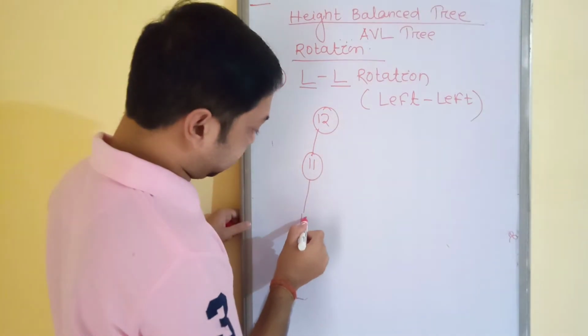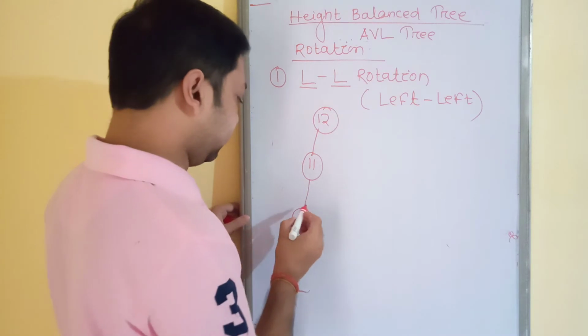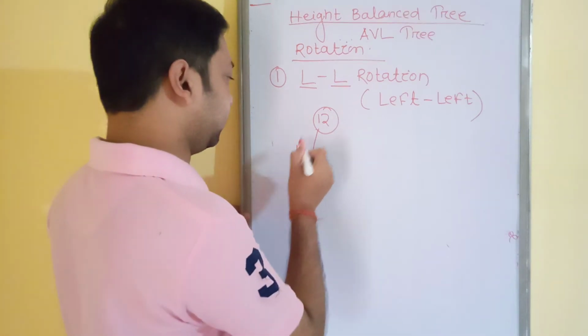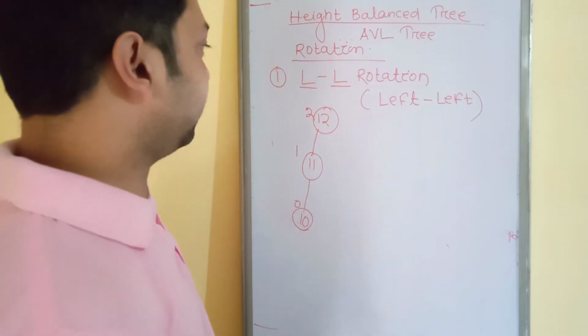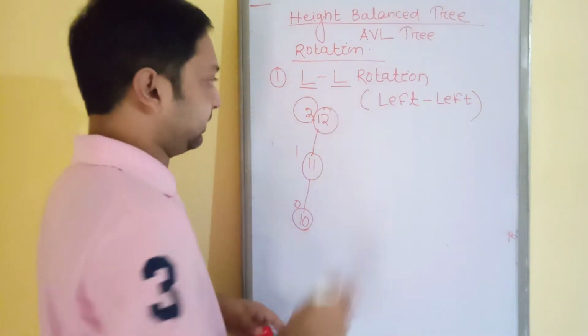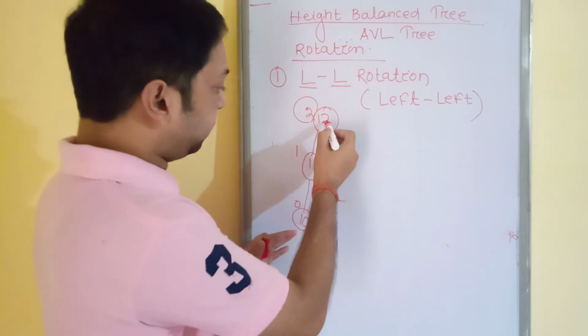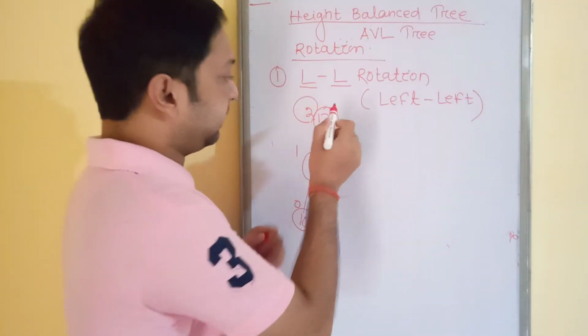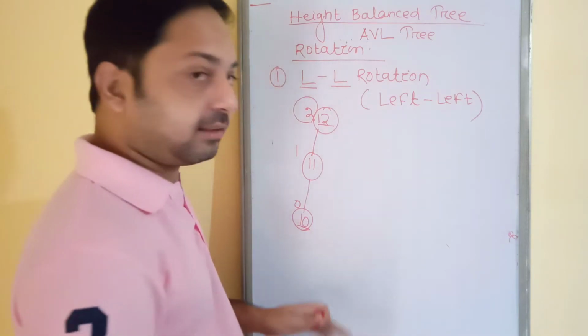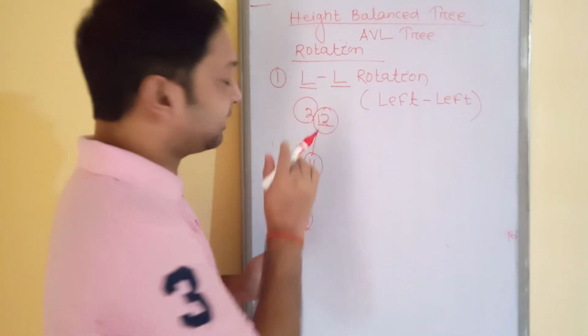Another one is 10. Now see, this is the new node to be inserted. Suppose this is 0, this is 1 and this is 2. This is the balance vector you need to calculate here, but it is 2. Now how to make it balanced? So now see, this is 12, 11 and 10. We all know that 12 is the larger one, 10 is the smaller one, so in between that 11 is there.